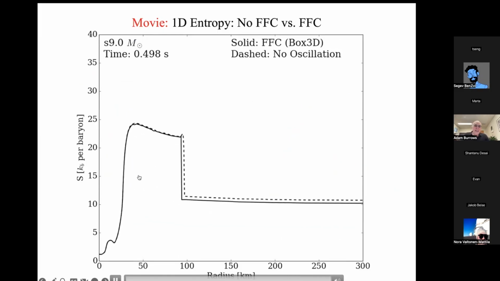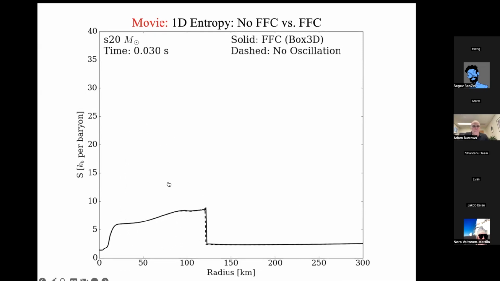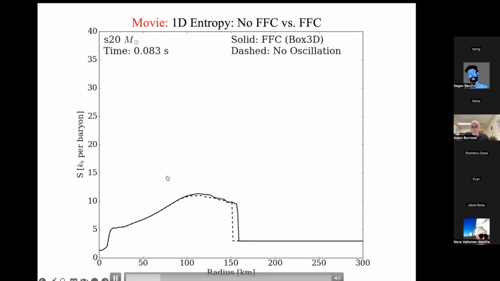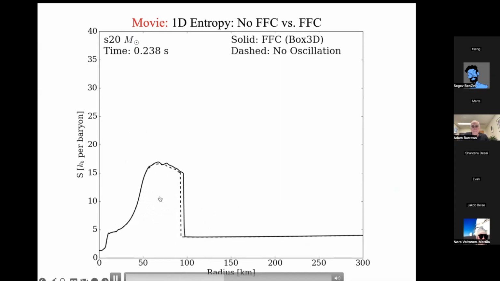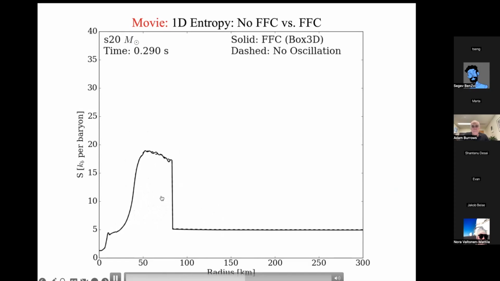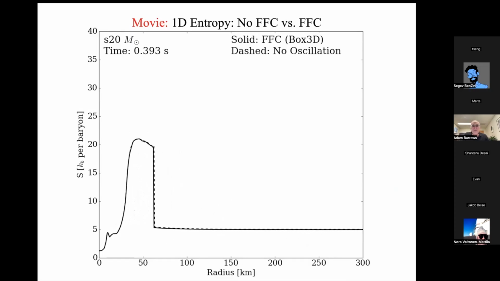And you see in the 1D cases, the differences are really minimal. This is a different model, but you can see that the position of the shock as a function of time, and all these sorts of things is about the same. Okay. And we have lots of these sorts of plots for different models, but for the models in 1D,